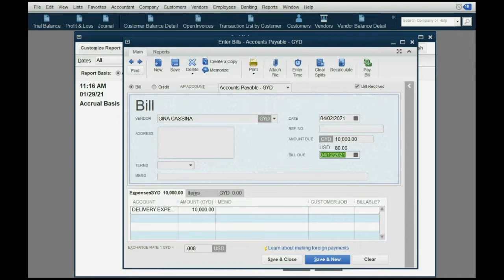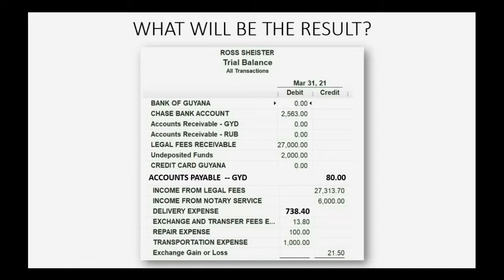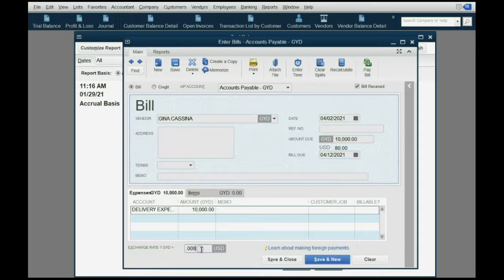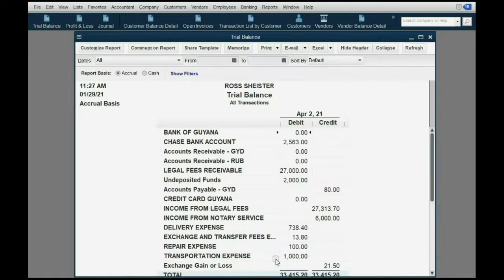And at the moment we received the bill, the 10,000 Guyana dollars were in fact worth 0.008 US dollars, making it worth $80. You see right up here. We click Save and Close, and the numbers are exactly what we expected. Accounts payable in Guyana dollars becomes 80, which is what we owe, and delivery expense in terms of US dollars